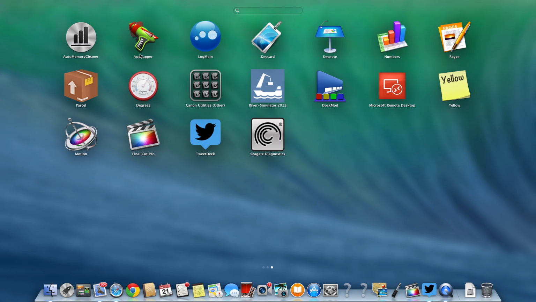AppZapper is to get rid of apps that you don't use and kind of get rid of junkware and stuff like that. LogMeIn, there's the main one right there. Keycard is a security application for your Mac that allows you to lock your Mac without your password, and it actually works with the Bluetooth on your iPhone. When your iPhone gets close enough to your computer, it will automatically unlock it,